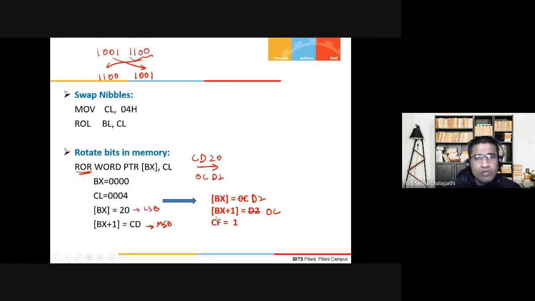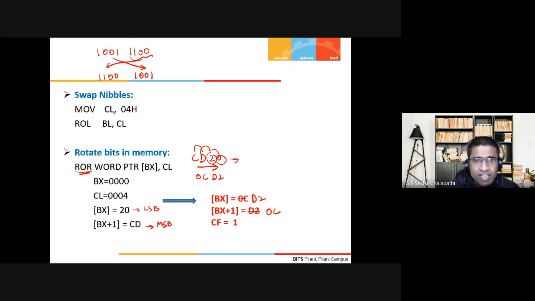How do you know what the carry flag should be? See, this will move here, this will move here, this will move here. While you are moving out, these bits keep moving into the carry flag.